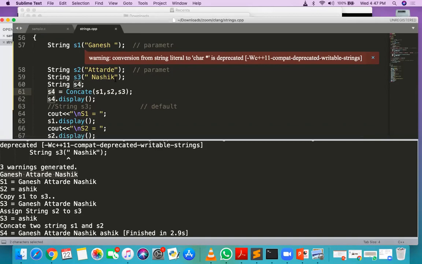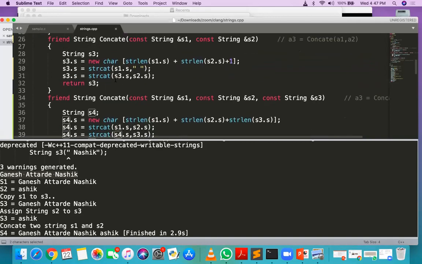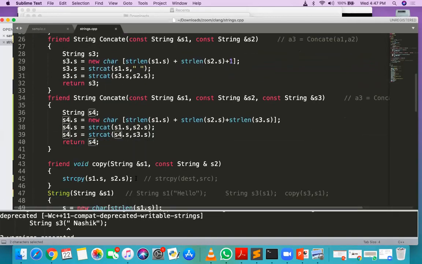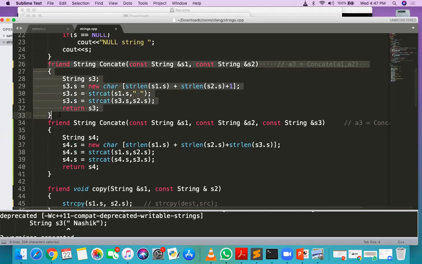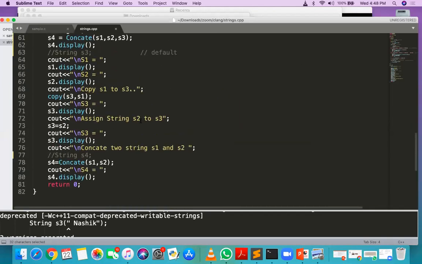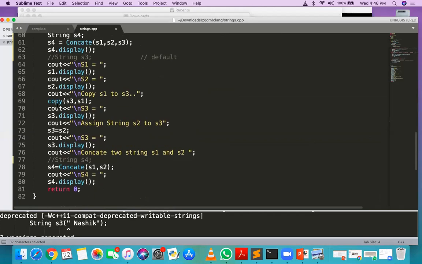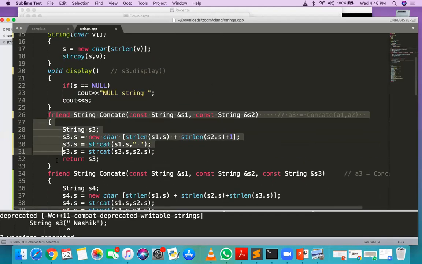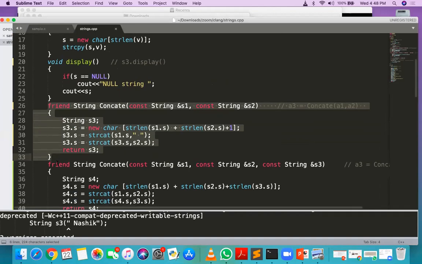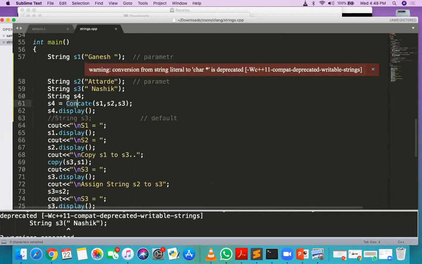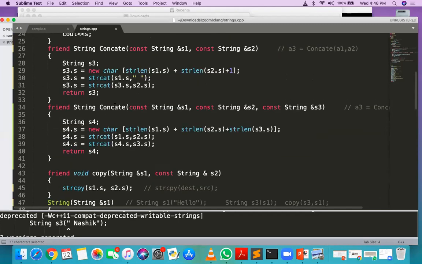You need to rewrite this concat function again. Suppose here I am defining two concat functions. The first concat function takes two arguments. When you call this concat function with two arguments, this function will be called. If you call the concat function with three arguments, then the second definition of the concat function is called.